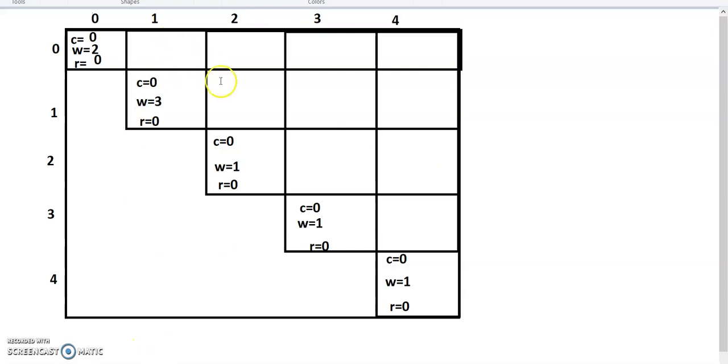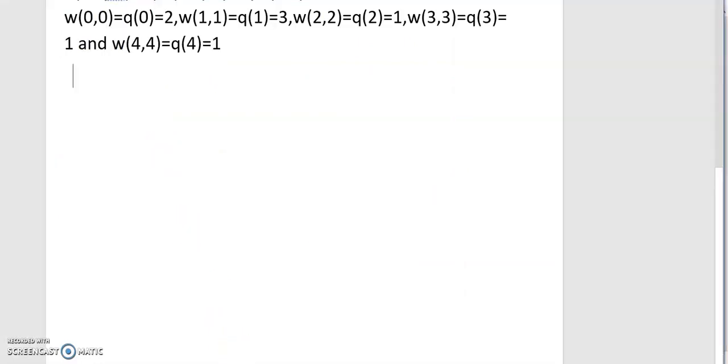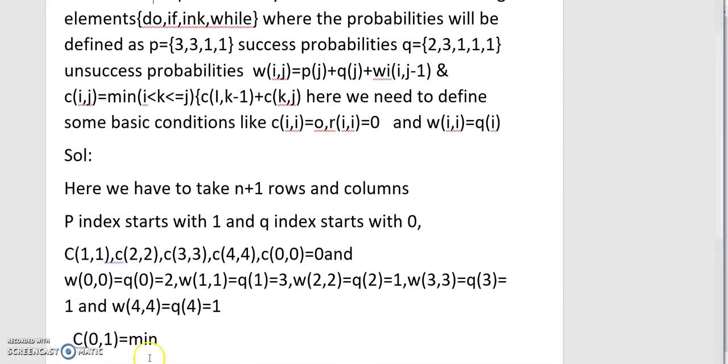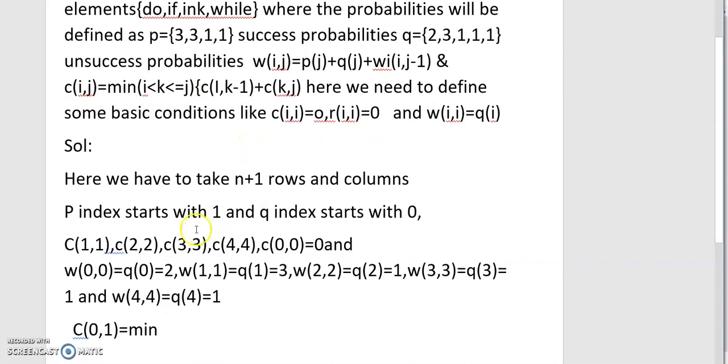Next what we need to find? We need to find this. After this we need to find this. Finally we will find this. Okay, now find C of 0 comma 1 and W of 0 comma 1. C of 0 comma 1 equal to, formula is min of, formula is the cost. To find cost of the probabilities we need to use this formula. C of I comma j means here C of 0 comma 1, that is min of,